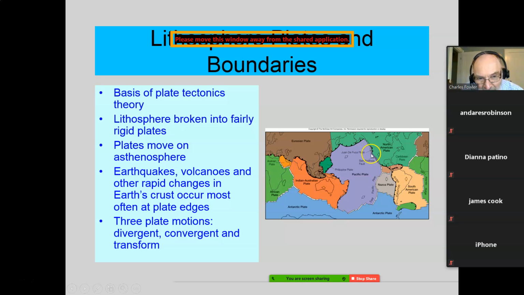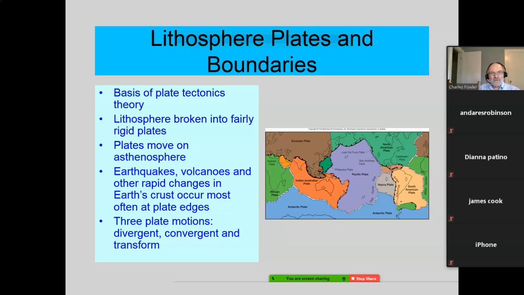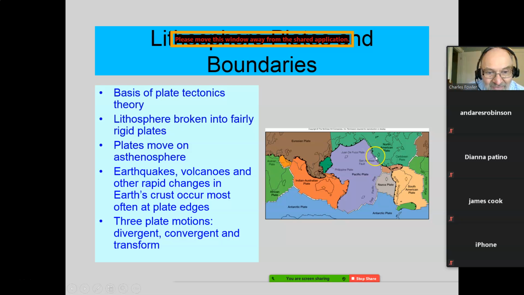There's just a small chain of islands here, which I can't remember the name of now. Friday Harbor is in one of them. They may be called Juan de Fuca Islands also. It seems like they have a slightly different name, but they are made up here between these two. Now this is a pretty active zone for us because this is kind of the start of our San Andreas Fault. It's sort of hard to say where it starts and ends, but that's part of it.